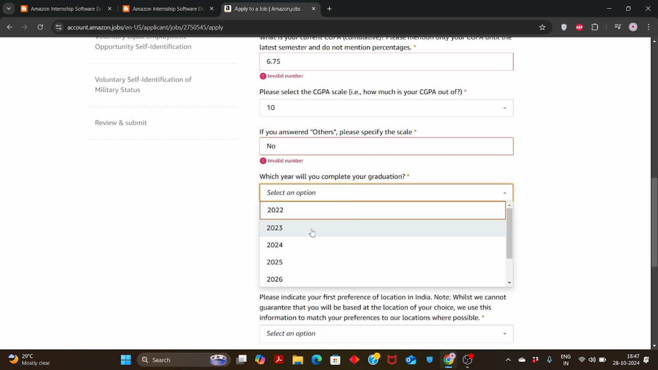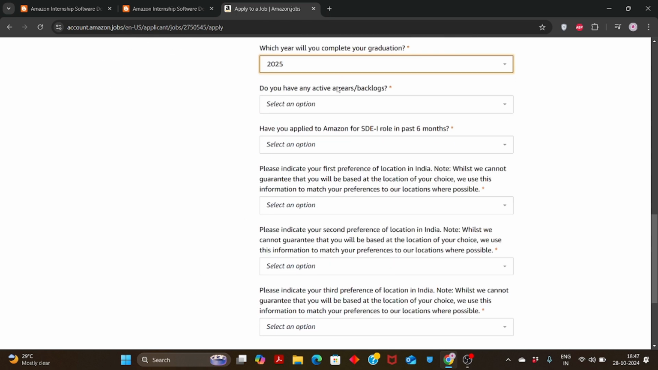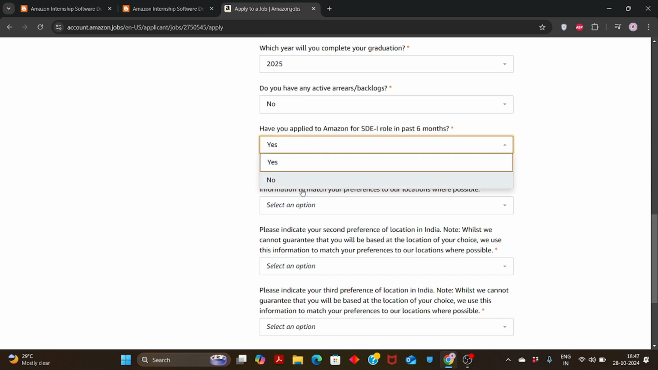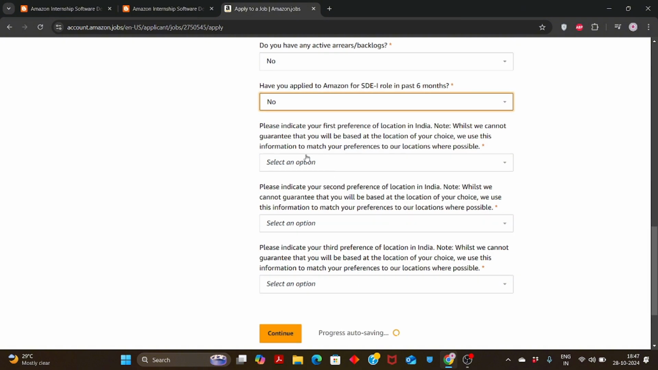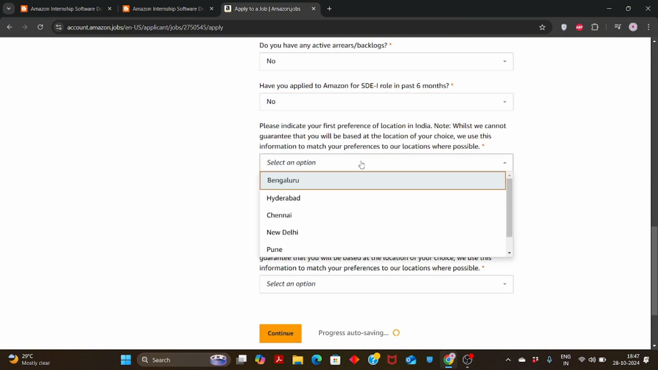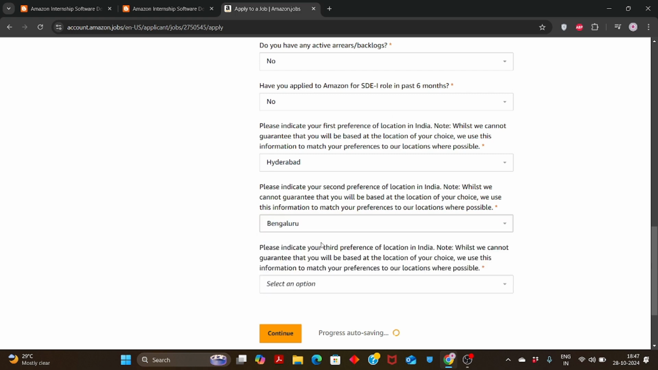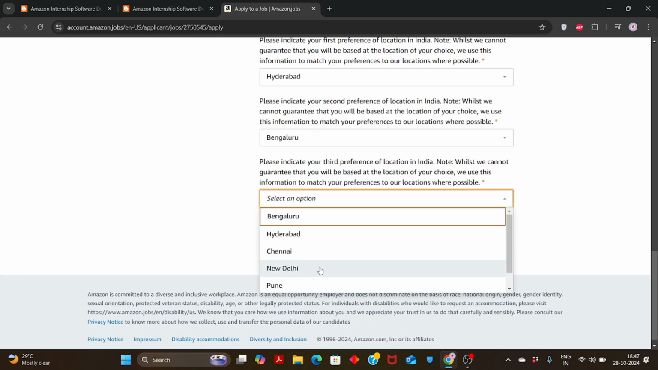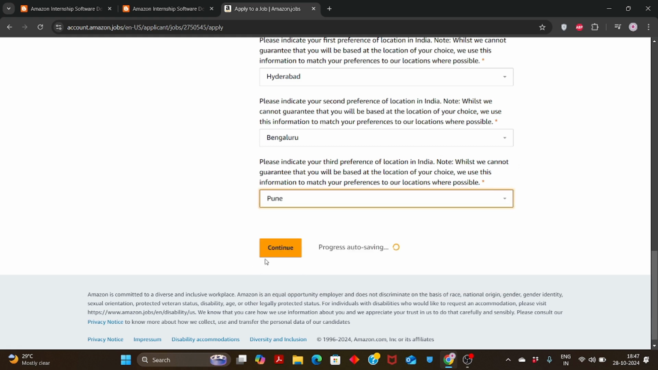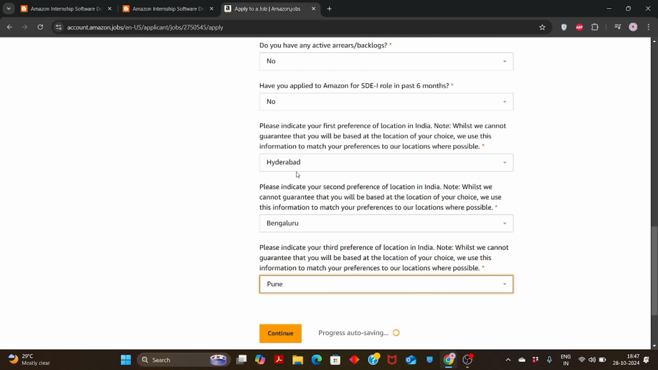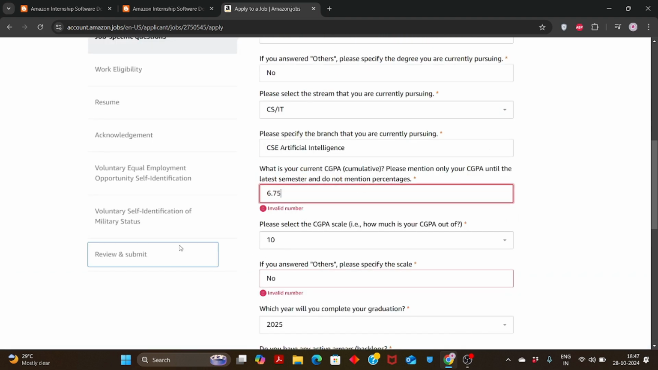If you are completing graduation in 2025, 26, 27, no. And do you have applied for no? Please indicate your first preference of India location. First preference would be Hyderabad. Second preference would be Bangalore. Third preference would be Pune. So you don't need to worry about this. Basically, you will get Hyderabad only maximum because